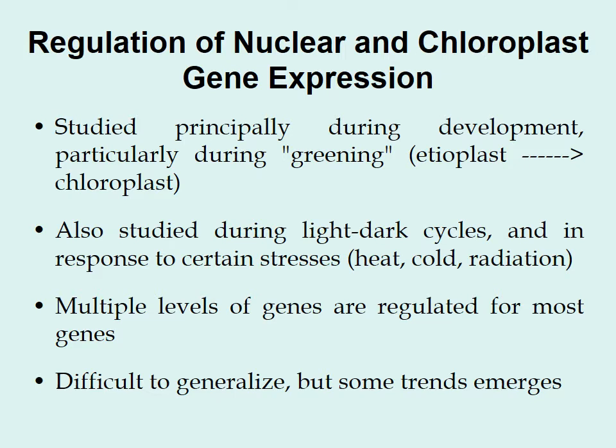This is a great approach in which the leaves are first exposed to a light environment, then a dark environment, and then a light environment. During all this light-dark transition,